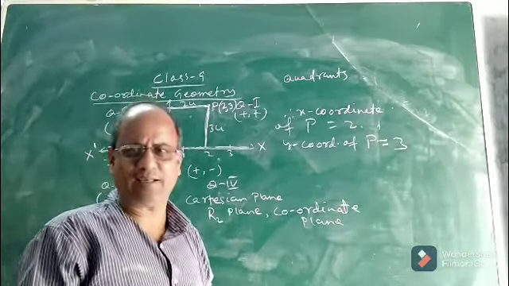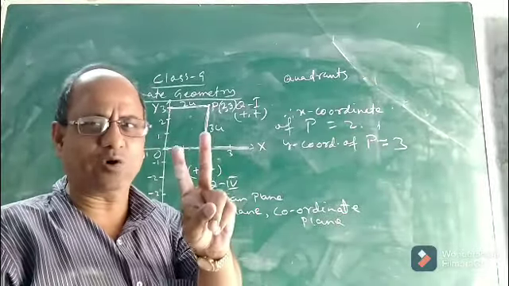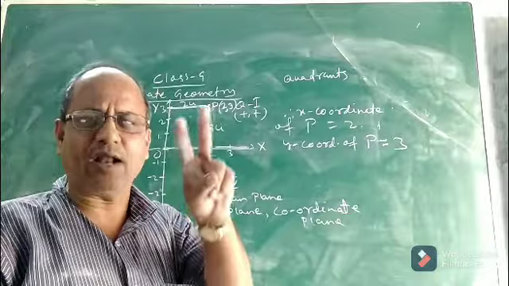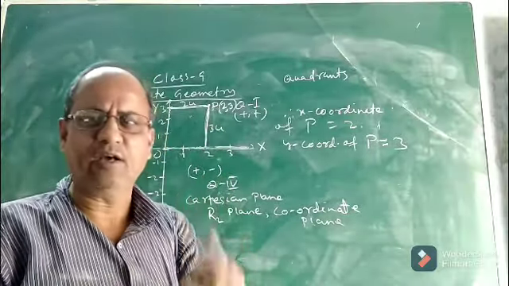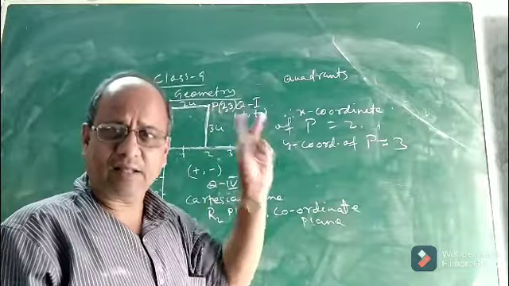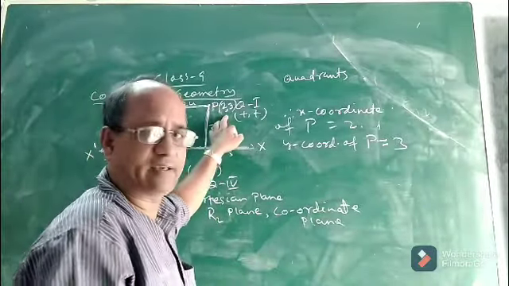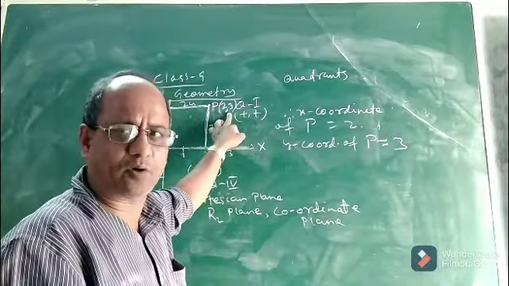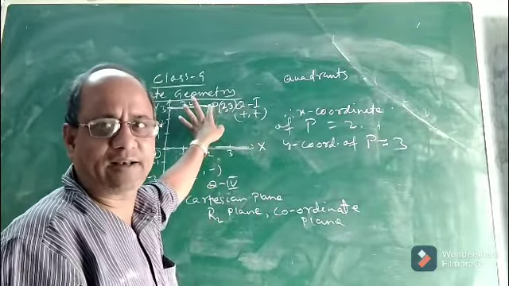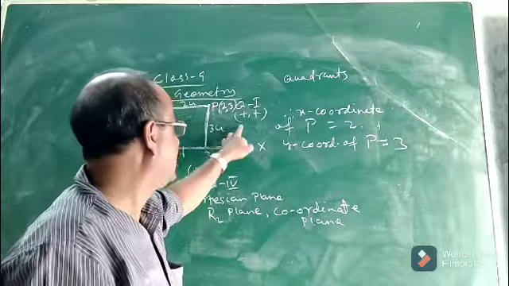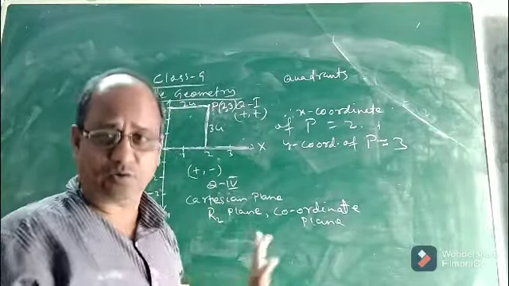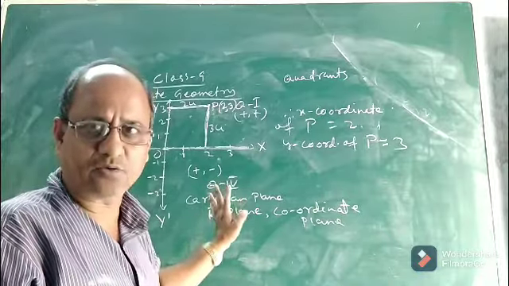So from this we can say that every point has how many coordinates? In the Cartesian plane or in the coordinate plane, every point will have how many coordinates? 2 coordinates. One is the x coordinate, which is 2 in this case, and the other is the y coordinate, which is 3 in this case. And you see both 2 and 3 are positive because this point lies in the first quadrant. For any point in the first quadrant, both the x coordinate and y coordinate are positive, as I have already told you. Okay, I hope you understood.